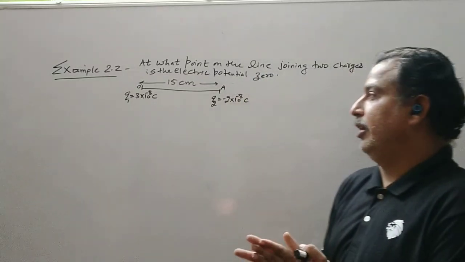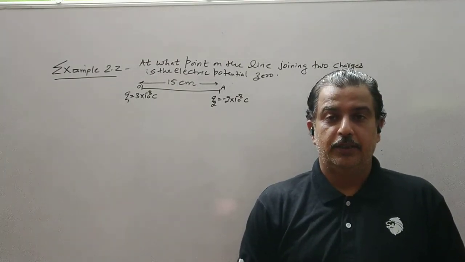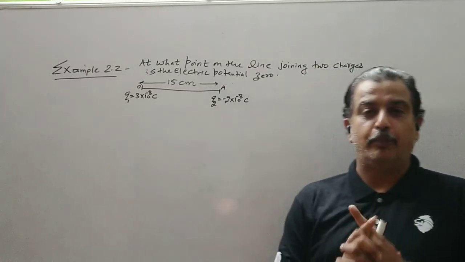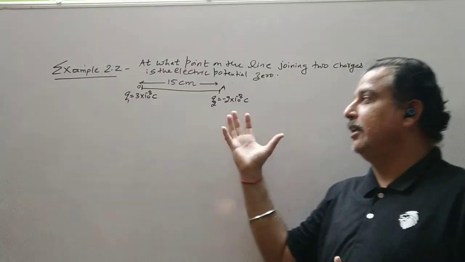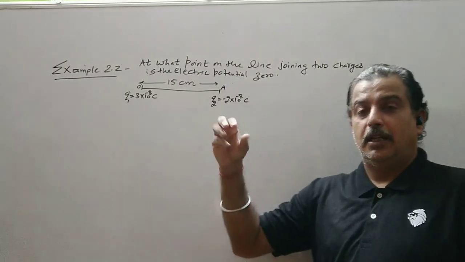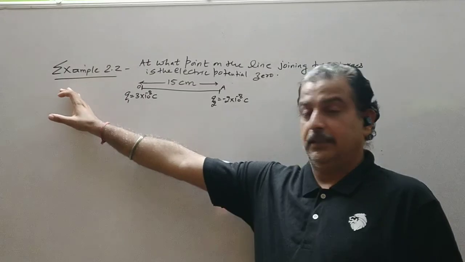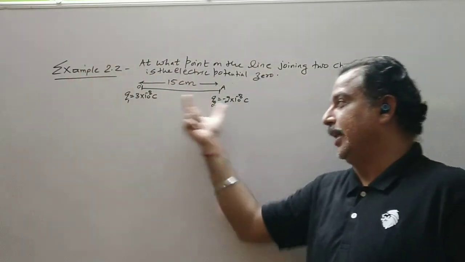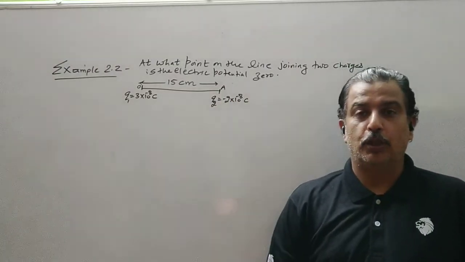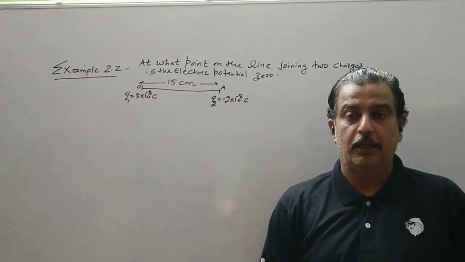Now if we have to find out the potential to be 0, there are two possibilities. In the case of electric field, there was only one possibility. We have three situations in which, if you have to find out the electric field to be 0, it should be outside 3, outside -2, or in between, depending on the charges. That was in chapter number 1 we have seen, where the third charge should be placed so that the electric